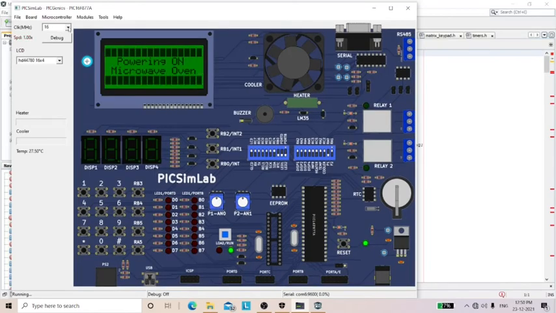Next, for clock speed, select 16 megahertz. Under LCD display, select 16x4. Now we have to load the hex file to the board.